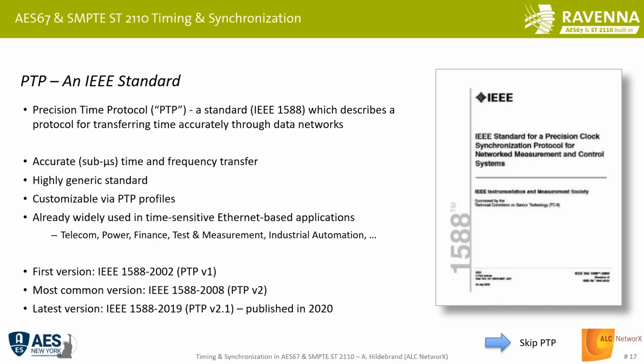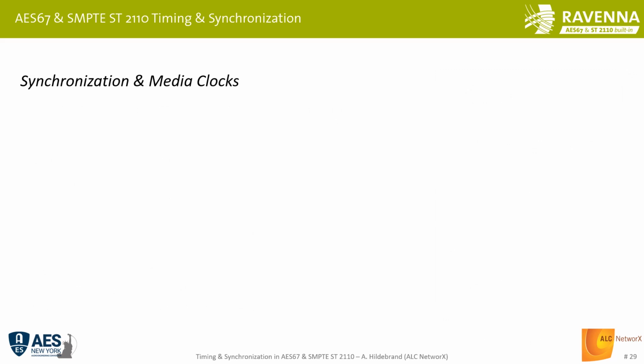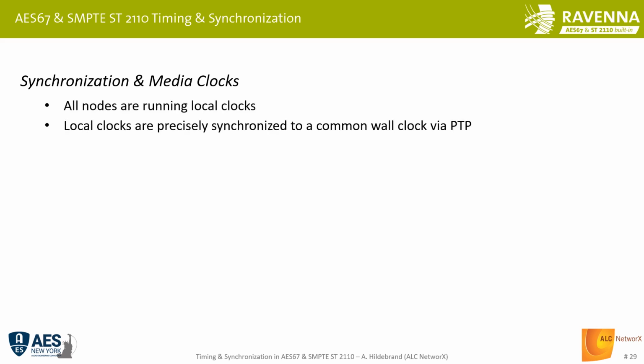Since the way PTP works, the algorithms, methods, and function, have been introduced in other places numerous times, I'll skip over how PTP actually works. We are looking into how we get synchronization and generate media clocks for our purposes in media over IP systems. First of all, all nodes are running local clocks. Any device has its own clock, its own frequency generator built in. And those local clocks are precisely synchronized to a common wall clock via PTP. So we have a common wall clock system there, a grandmaster, as you will see in a minute. PTP is being used to discipline all the local clocks